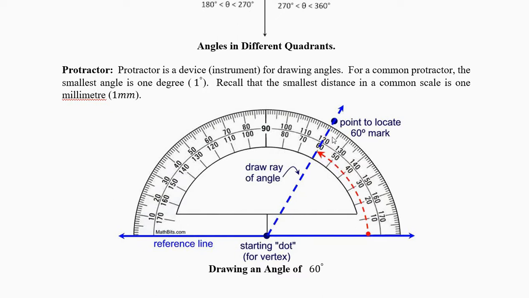Now on your protractor you'll find two numbers written here: 80 and 100, 70 and 110, 20 and 160, 10 and 170 for example. Now here the blue line is the angle line. How much is it? Is it 60 or 120? You don't have to read. The angle is a bit less than 90, so it has to be 60. Here the angle is more, so this angle is 120 and not 60. This is 130 and not 50, and this is 150. This is only 50 degrees and not 130 degrees.